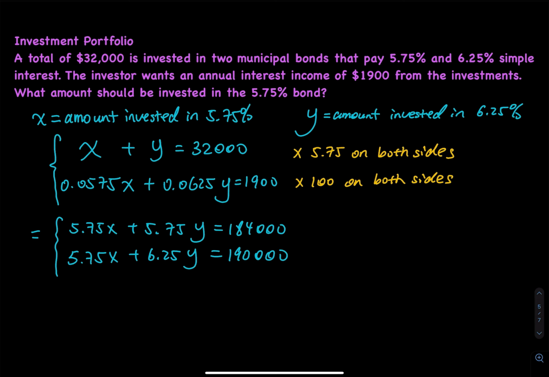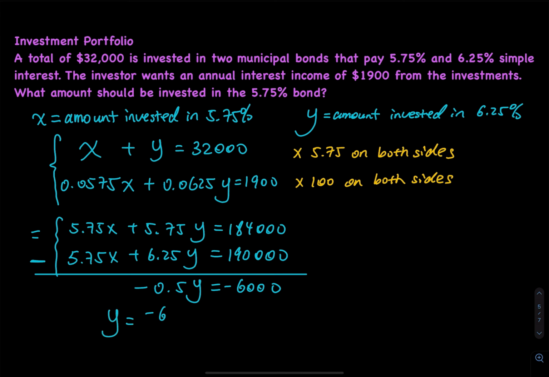Okay, so we have an identical coefficient for x. So why don't we subtract the two equations? So x is gone. 5.75 minus 6.25, you get negative 0.5y. Don't panic, because investment cannot be negative, right? Don't worry about that, because when you subtract this, you also get a negative $6,000. So all you have to do is take negative 6,000 divided by negative 0.5. What do you get? So that is the second investment. This one equals $12,000